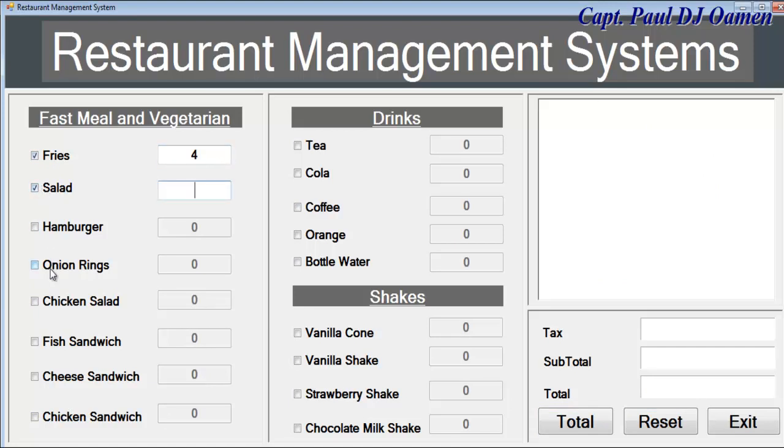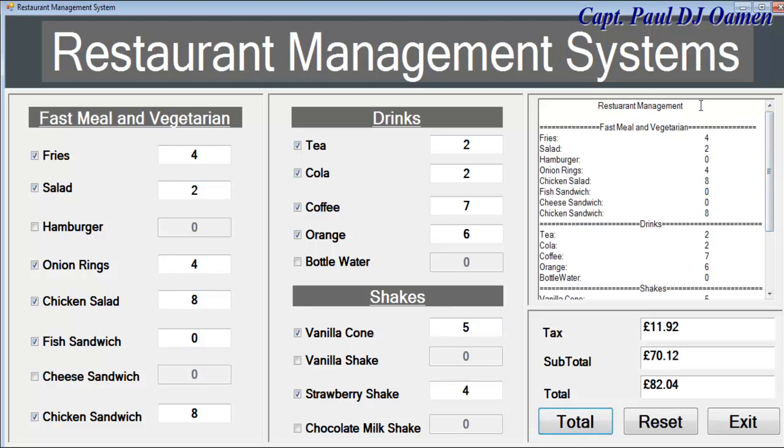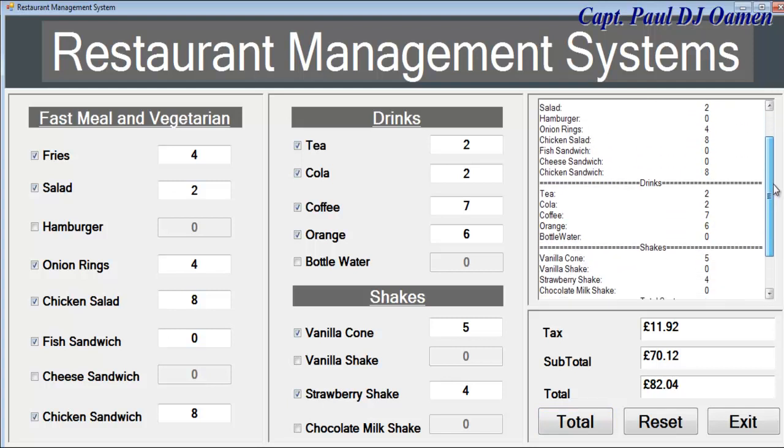Enter that, and we cannot even enter any other character apart from numbers in there. And supposing we mistakenly leave this out, there you see what happened. The system automatically resets itself. And let's say we have that and here. All you just need to do is click on total. There we go. There you have the restaurant management there, and right down you have all of the